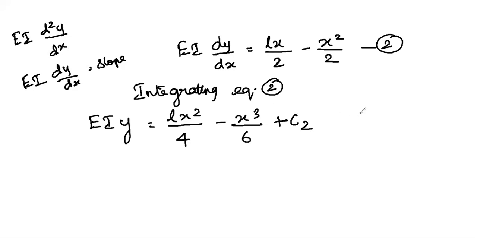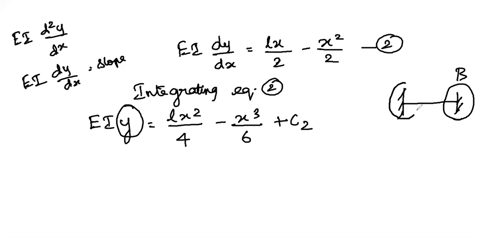Now you have to find the value of this constant C2. This is the deflection, you know. This is your beam, and here this is the point B. It's a fixed support. You made some changes only in the support A, but you never changed anything at the point B. So this is your fixed support till the end of this problem. At the fixed support, the deflection will be equal to 0. Am I right? The deflection and slope both will be equal to 0.